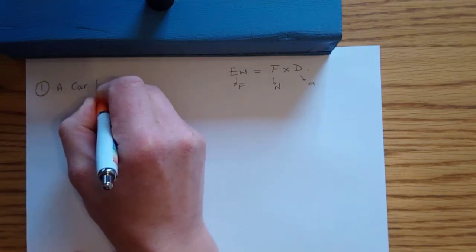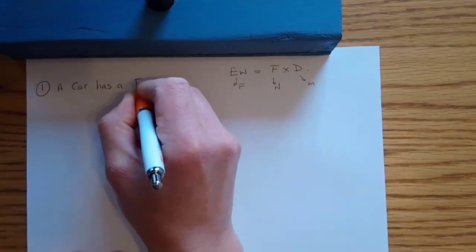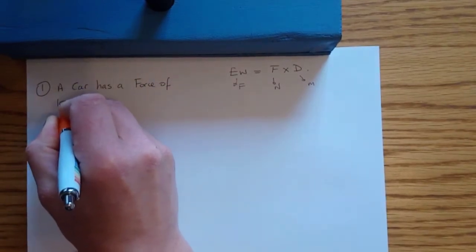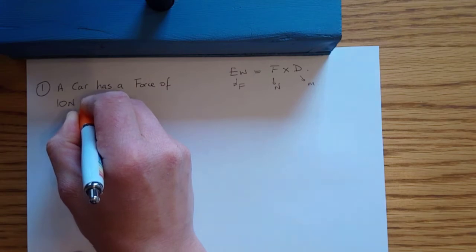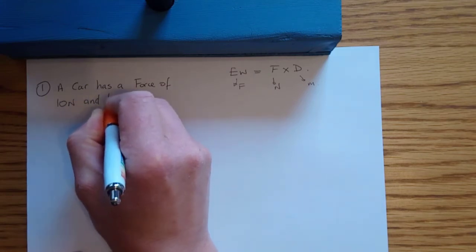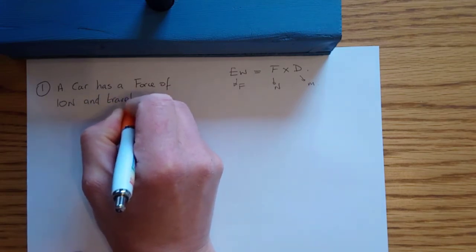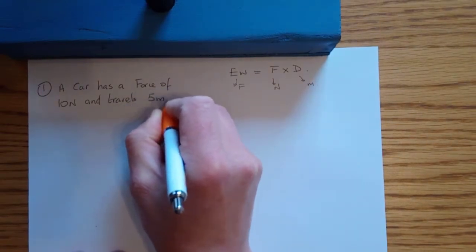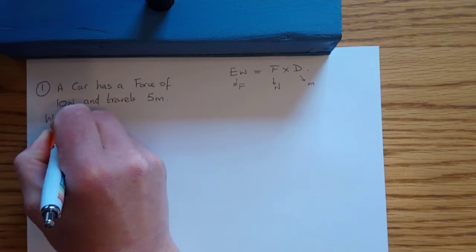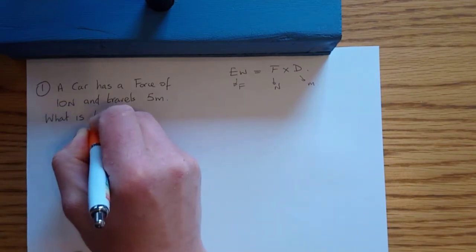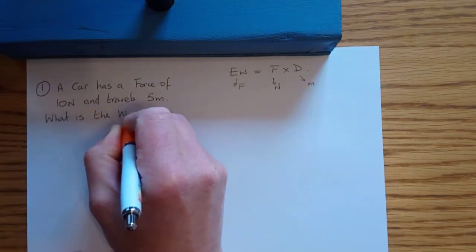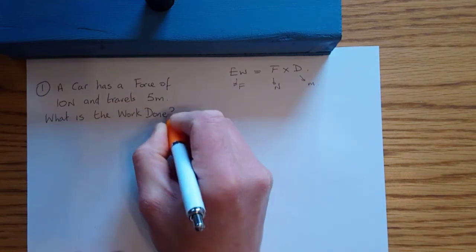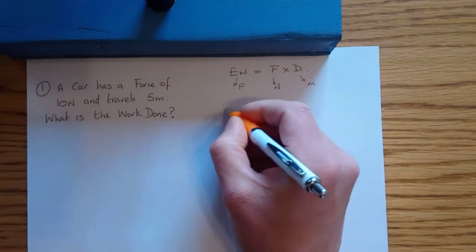Car has a force of 10 newtons, and it travels, so we say 5 meters. So what is the work done? Question mark. Right, so looking at a formula triangle,